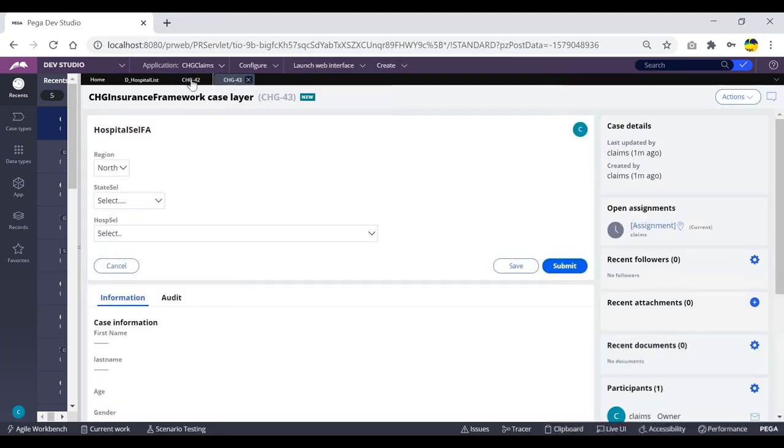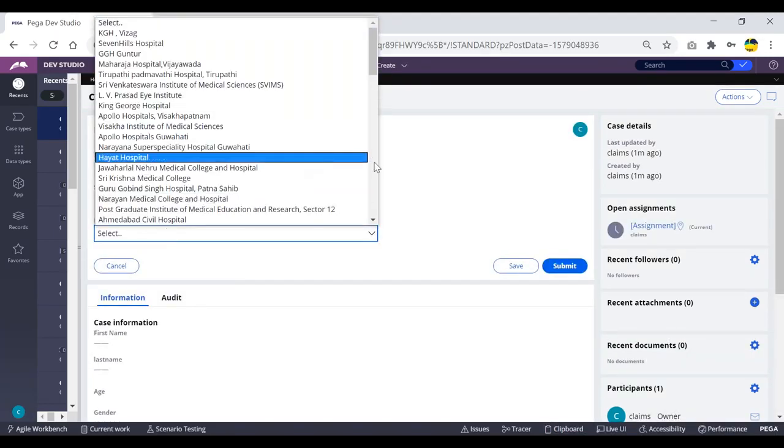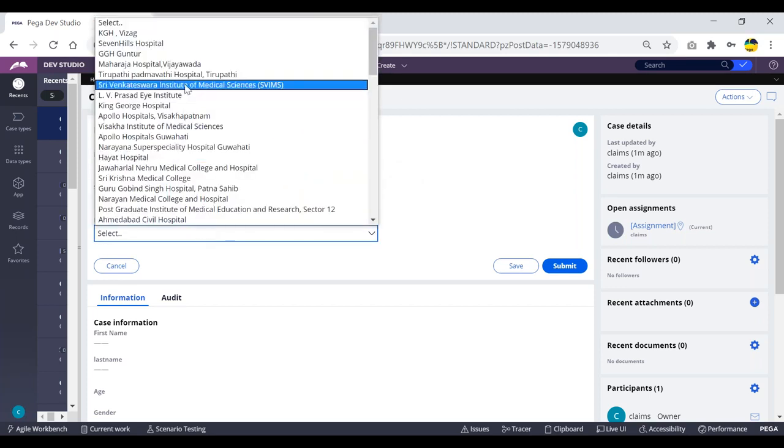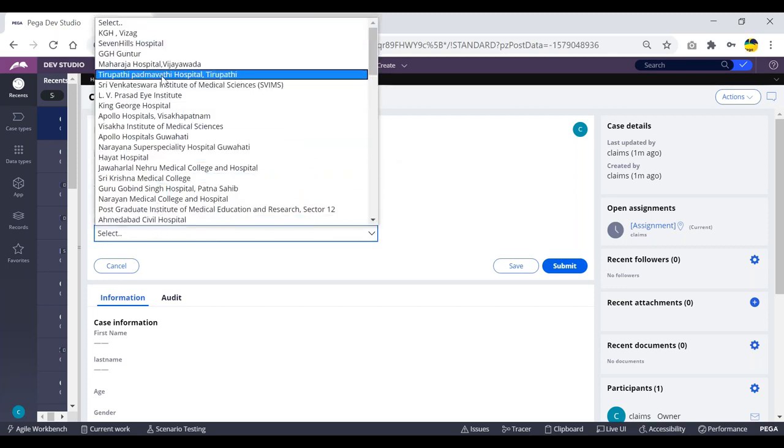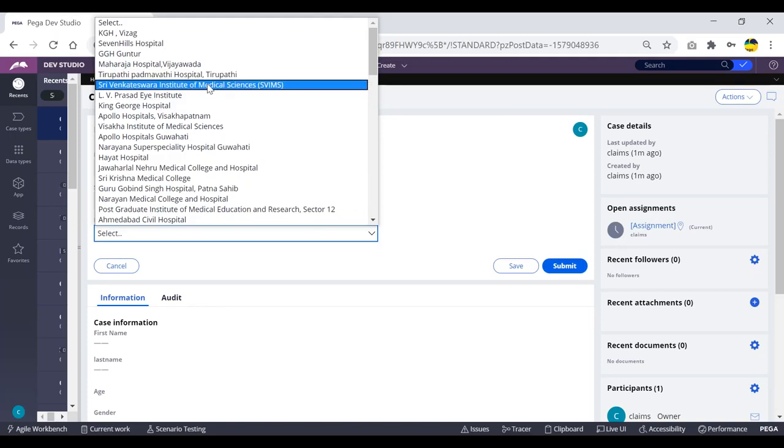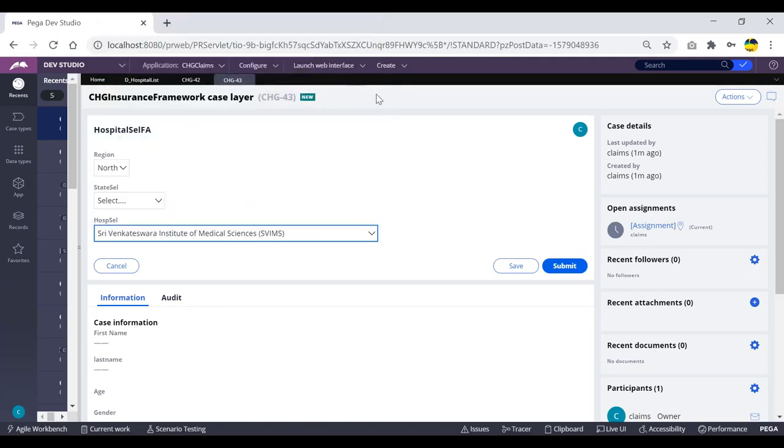Okay, and the data I'm trying to pull here to display is then hospital values. So this will be most generic. There is not much security here. And if I want to use this data for the next work object ID, okay, for the first work object ID, I'm trying to hit the database one time, and I can create these work object IDs for some millions per day. Suppose I'm creating some hundreds of work object IDs